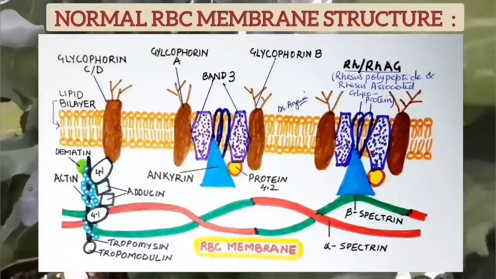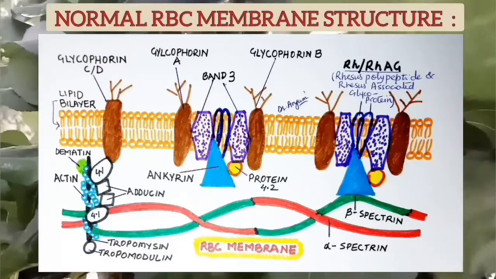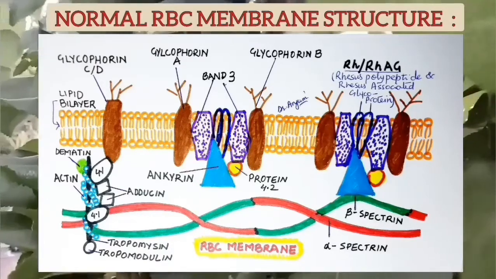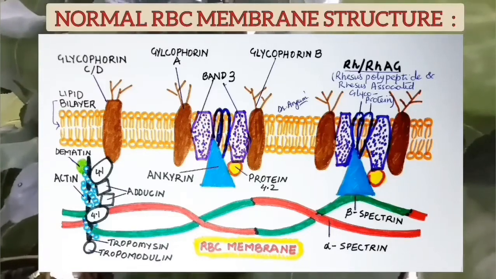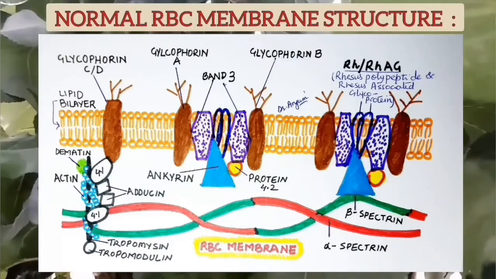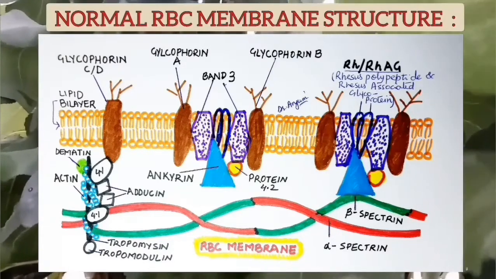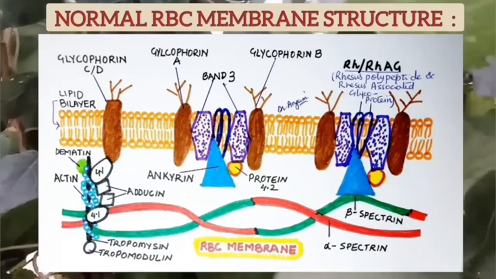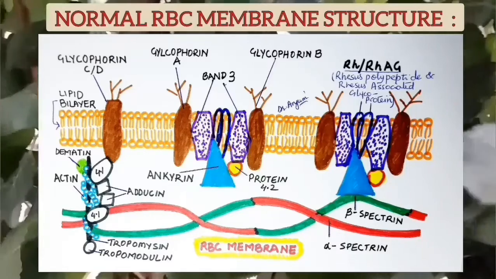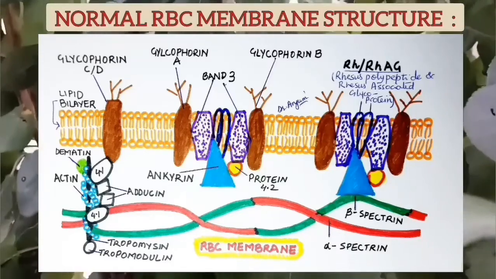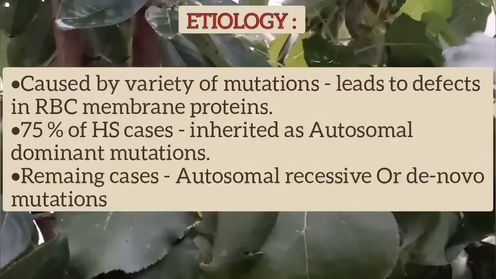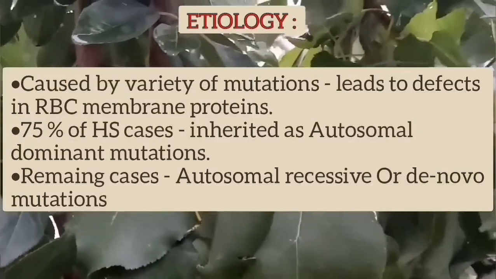Friends, this is a diagram which represents the normal RBC membrane structure. The outer surface is separated from the inner proteins and structures by a lipid bilayer. Now protein defects which are involved in hereditary spherocytosis include band 3 and ankyrin, spectrin and protein 4.2. Now loss of linkages between the lipid bilayer and the cytoplasmic skeleton composed of spectrin leads to loss of surface area and spherocyte formation. So friends, it is caused by a variety of mutations which lead to defects in the RBC